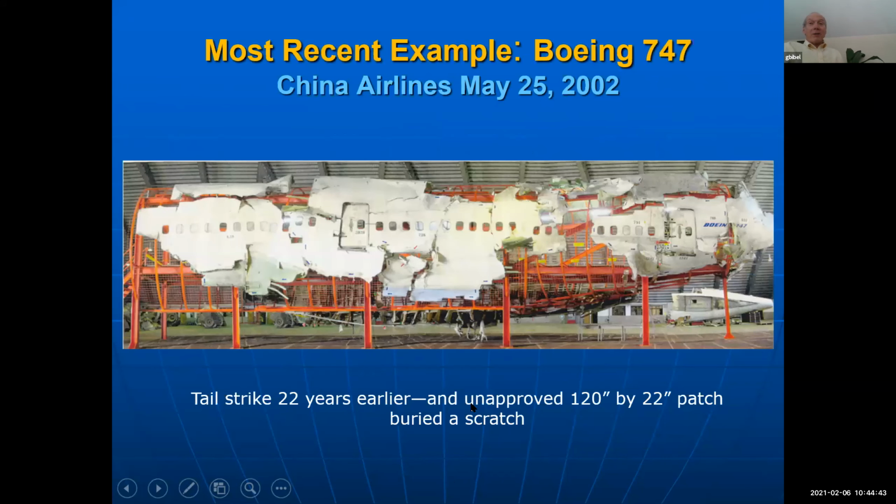And here's some other decompression accidents. This plane broke up into 4 pieces at an altitude of 30,000 feet or whatever. And it was a tail strike 22 years earlier. They put a 120-inch by 22-inch patch and buried a scratch, which sat there for 22 years growing a fatigue crack. And again, once it reaches critical size, which all we know is something bigger than 40 inches, because they're not really testing to find failure. All testing is to verify safe design,